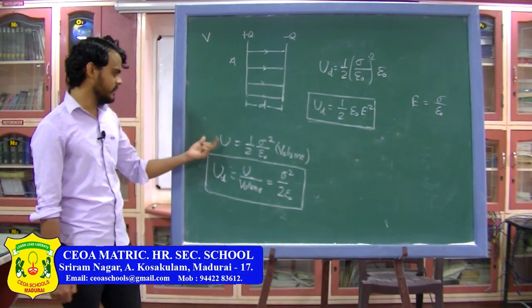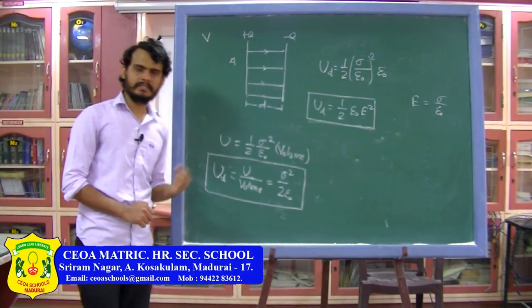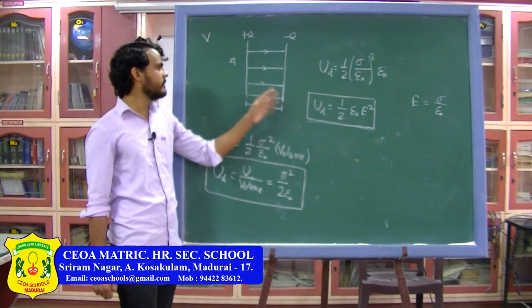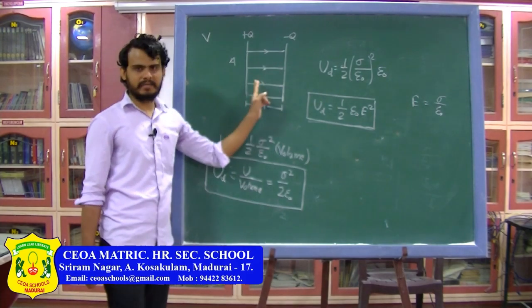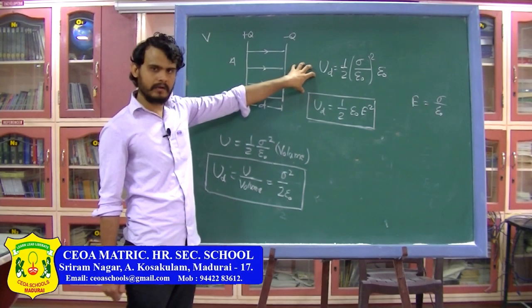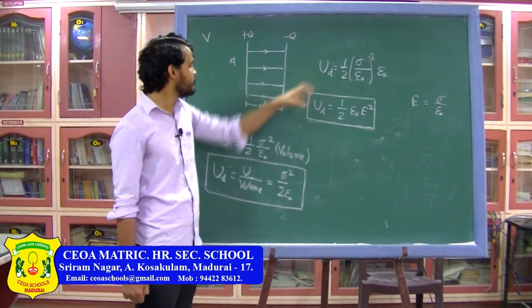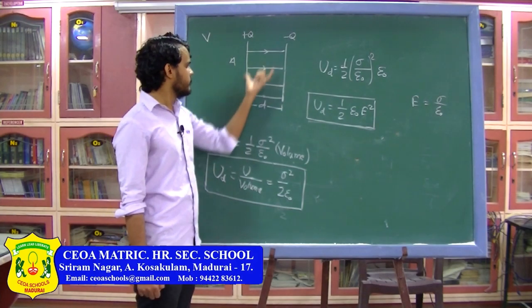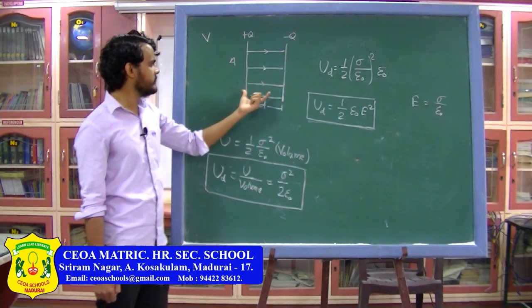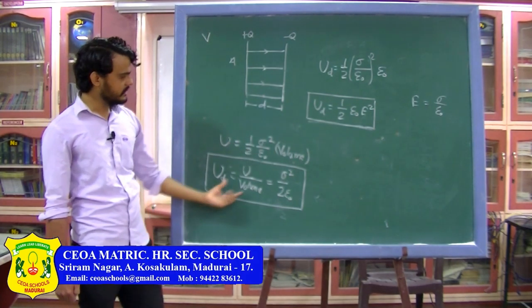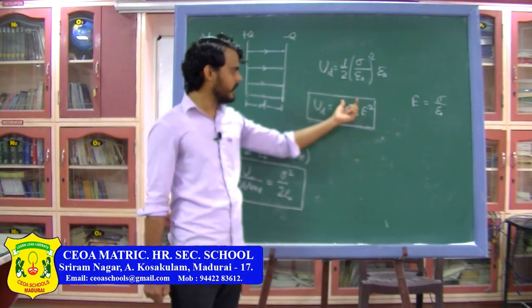So if the question comes that the energy is stored in the capacitor in which form, the energy is stored in the form of electric field. Electric field is between the capacitor plates. So energy is only confined here. Here energy is 0, outside the capacitor energy is 0. Energy is only stored between the capacitor plates, and the energy density formula is sigma square by 2 epsilon naught or half epsilon naught E square.